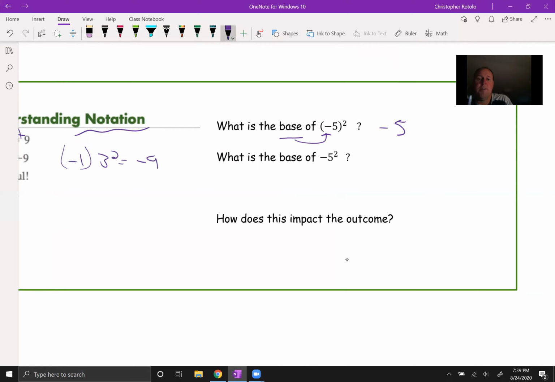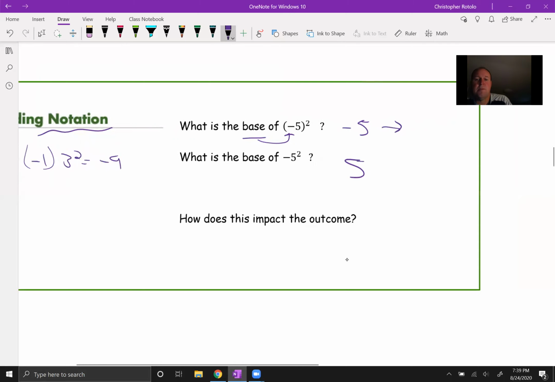Okay, so I don't really care what the answer is. The question is, what's the base? The base here is positive 5. Now, how does it impact the outcome? So this one up here is going to end up being negative 5 times negative 5, which is 25. This one here, the base is 5, and it's still multiplied by the negative, so this one turns into negative